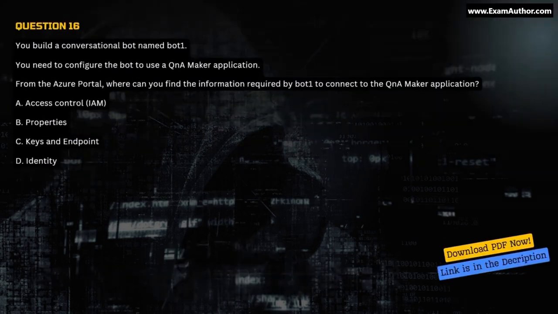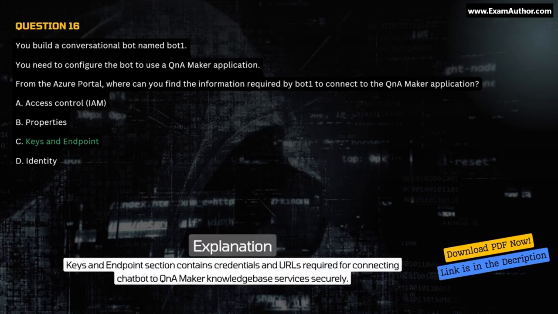You build a conversational bot named Bot1. You need to configure the bot to use a QnA Maker application. From the Azure portal, where can you find the information required by Bot1 to connect to the QnA Maker application? A. Access Control IAM. B. Properties. C. Keys and endpoint. D. Identity. Correct answer, C. Keys and endpoint. Explanation. Keys and endpoint section contains credentials and URLs required for connecting chatbot to QnA Maker knowledge